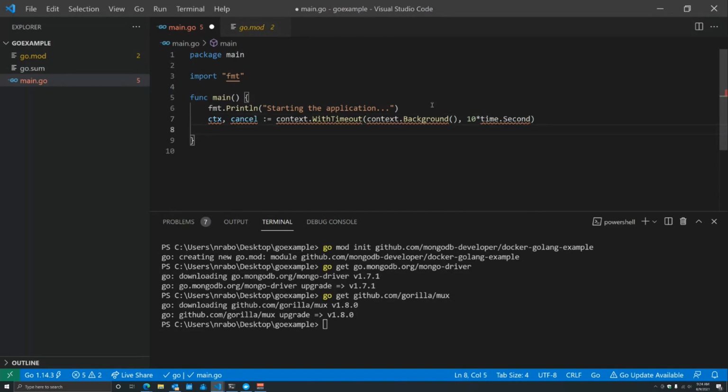Next up, let's go ahead and defer the cancel. So when the main function ends, we can cancel it. So defer cancel, just like that. And now we can actually use that context in our connection string to MongoDB. So we can say client, otherwise error, equals